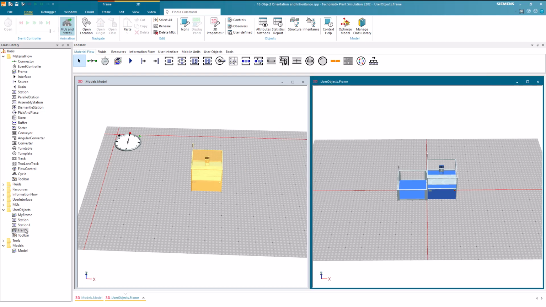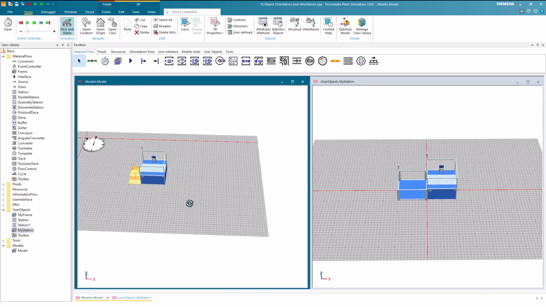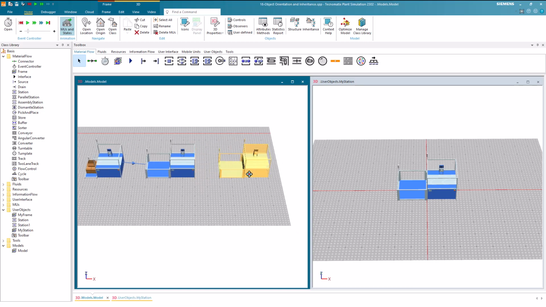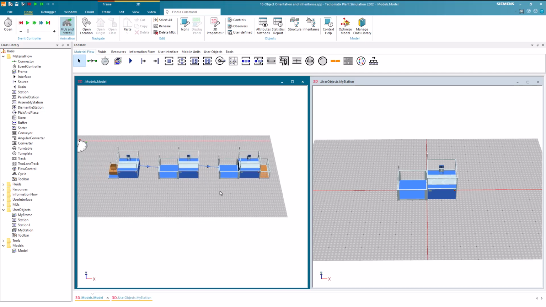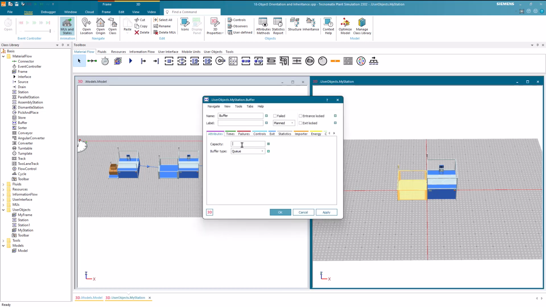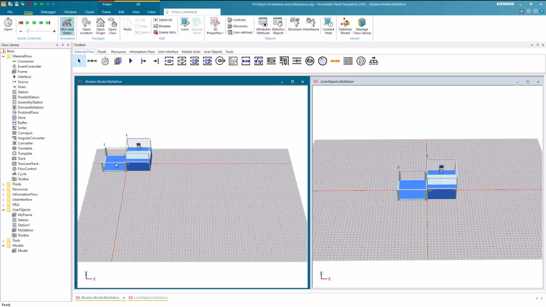Then we build a production line with a source, a station, and 2 instances of MissStation. At the end, we add a drain. Now let's assume that we have run our simulation and noticed that the buffer capacity is not large enough. To adjust the buffer capacities, we can now simply look into the Glassbox frame and adjust the capacity there. If we now open the instances, we will see that they inherited this change.